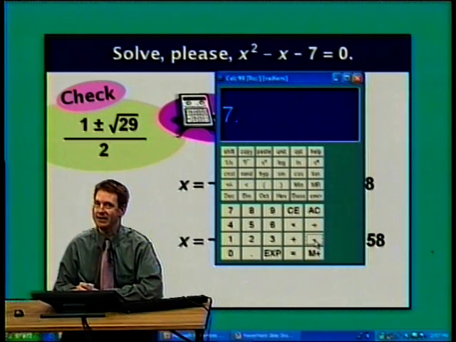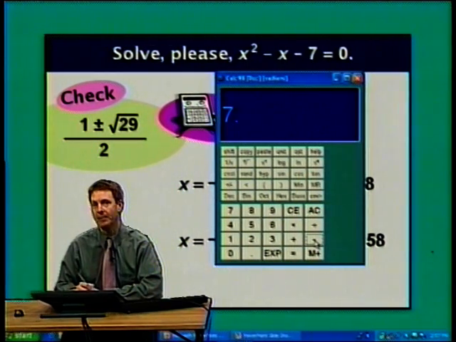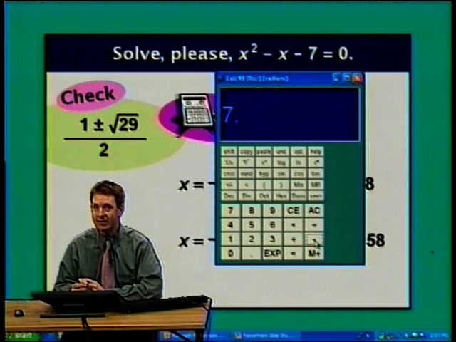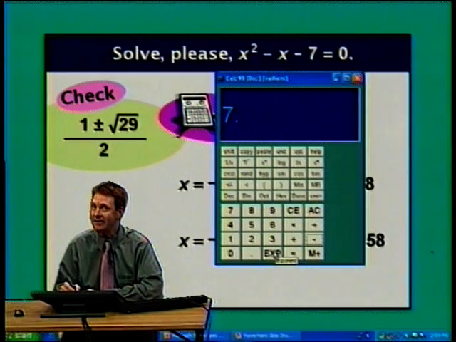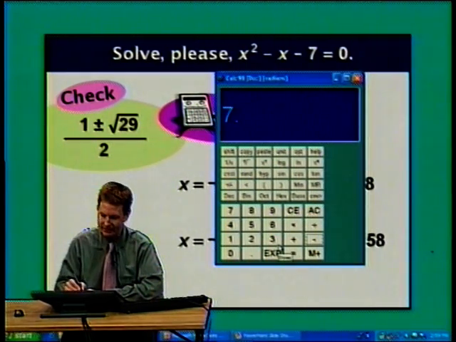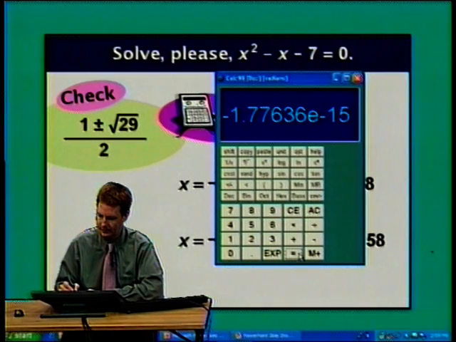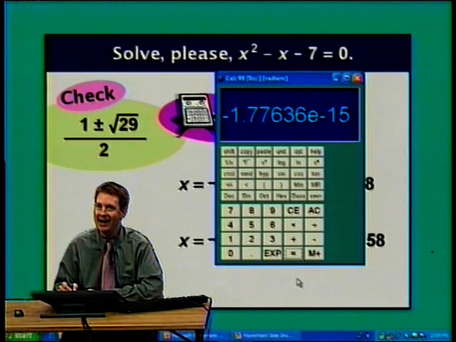Before I actually hit 7 equals, I want to point something out. At this point in the calculation, the running total is 7. So when I subtract 7, I know I'm going to get 0. But something annoying is going to happen that we just need to address. So let's see what happens on this calculator when I subtract 7. I'm not seeing 0. I'm seeing negative